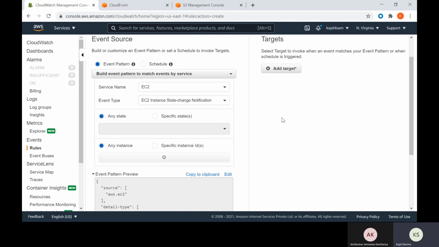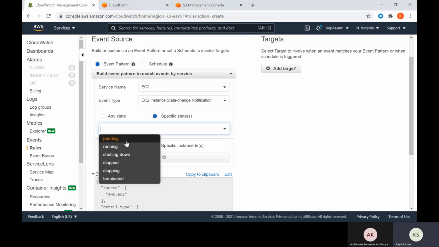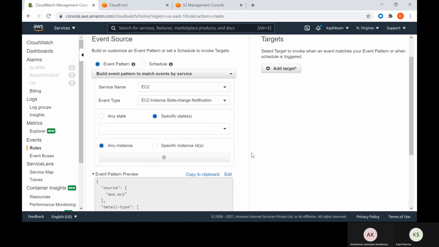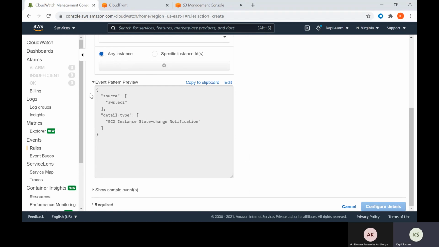So in that case, I should be getting a notification that someone has done a mischief with my infrastructure or with my server, right? So that kind of notification you can get here. You can select which particular state you want the notification. If it is in a running state, or if it is in a shutdown, stopped, stopping, terminated, you can get a notification based on that. So this is how you can go and create events.